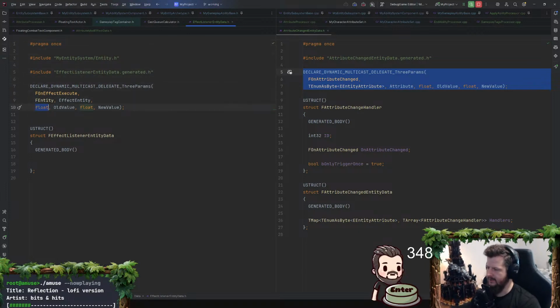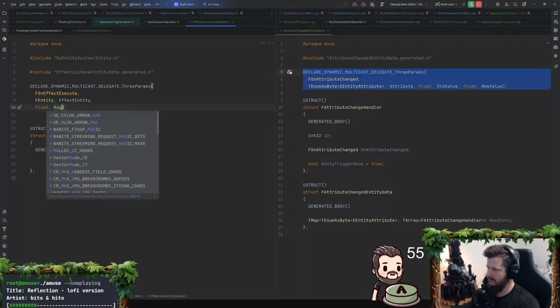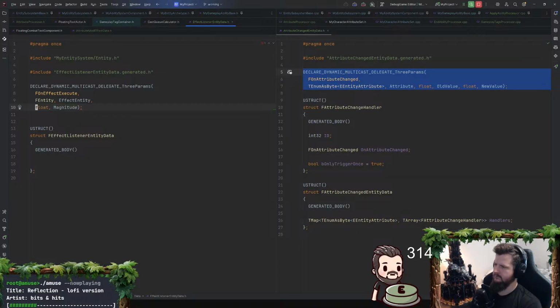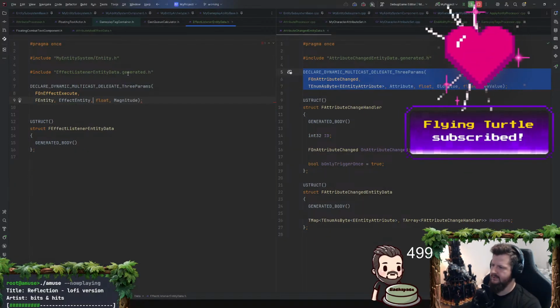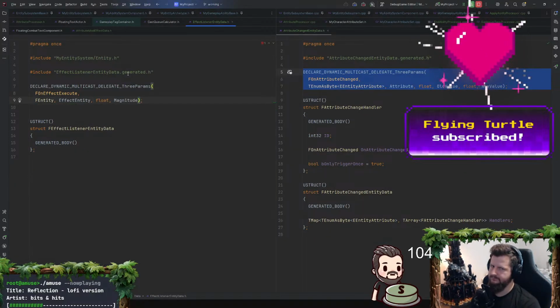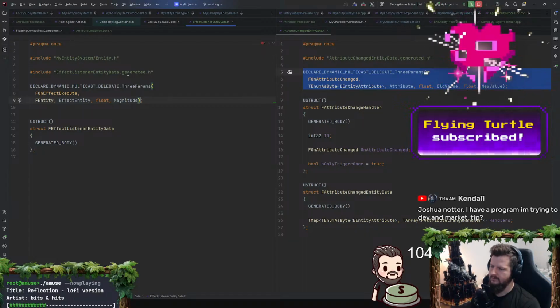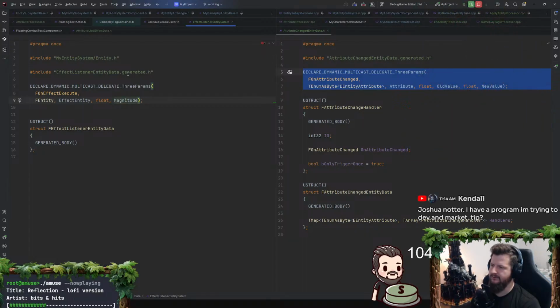I will need to know the effect entity, old value and new value. I think I just need magnitude. That is going to be the final magnitude, final evaluated magnitude, basically.